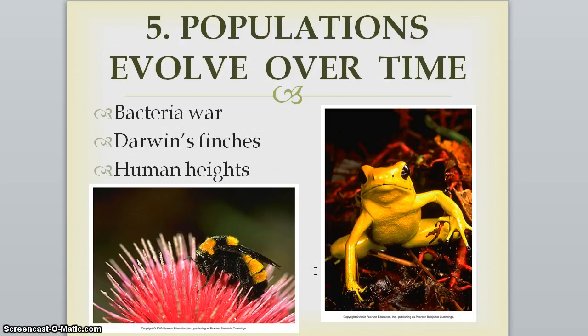Bees and flowers. Okay, flowers evolved to attract bees, so the bees could take the pollen and spread it to other flowers. They co-evolve together. Flowers give the bees food, and then the bees will spread the pollen. Or toxic frogs. Okay, these organisms have evolved this specialized trait over many generations and maintained that trait in the population because it's beneficial. So these are the 5 characteristics of life that we are going to be talking about